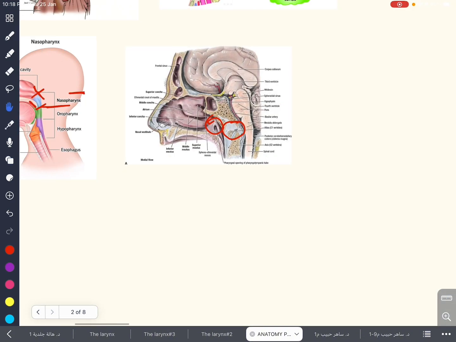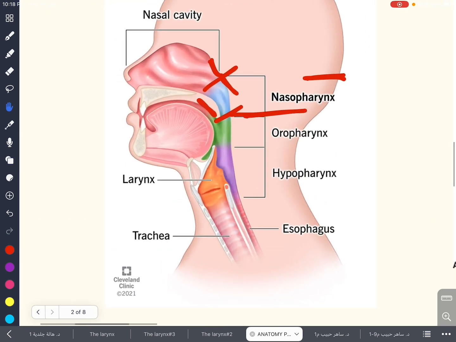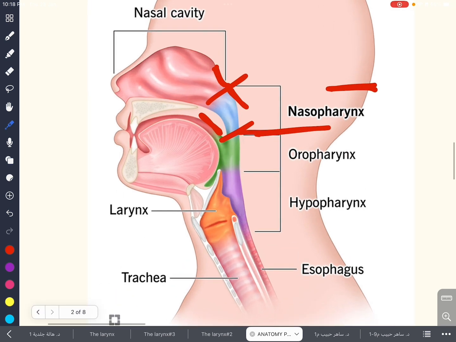قبل ما أجي على اللاترال وول راح أراجع لكم مراجعة سريعة. عندنا روف اللي هو البيزو سفينويد بيزو أوكسيبيتال. الفلور هو قدام، عندنا سوفت باليت، لكن ورا عندنا فراغ يسمونه النيزوفارنجيال اسمس. البوستيريور وول هو الفقرة الأولى الأطلس واللي يغطيها من بري فيرتبرال مسل أند فيشيا. وكذلك بعد ما عرفتم هاي الأشياء